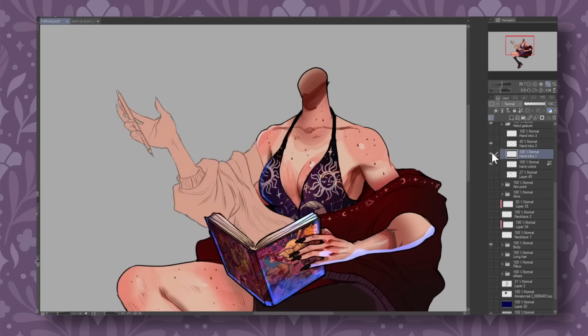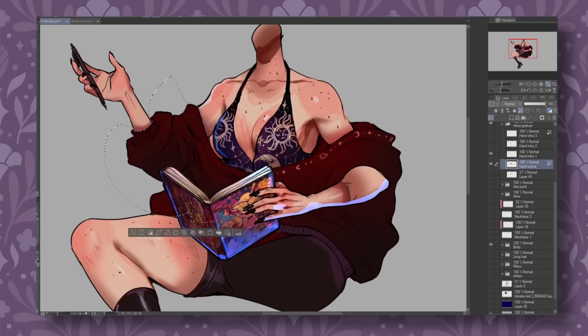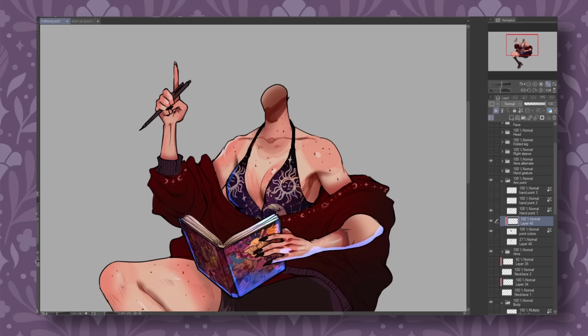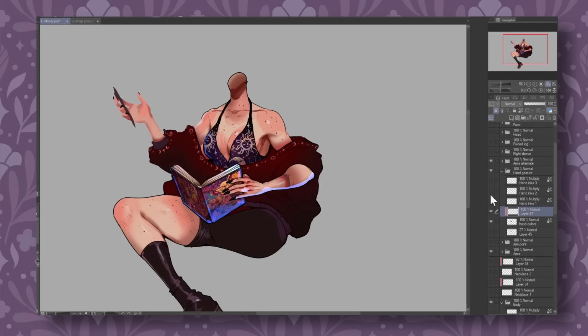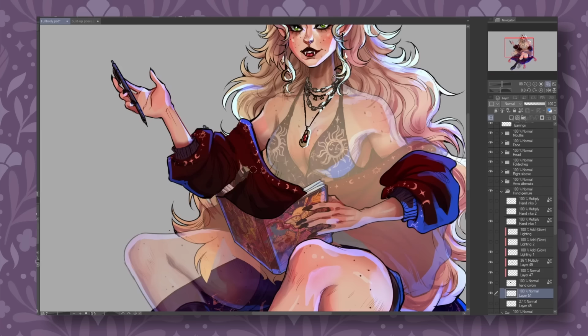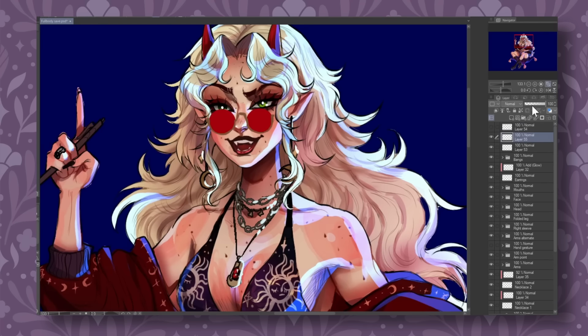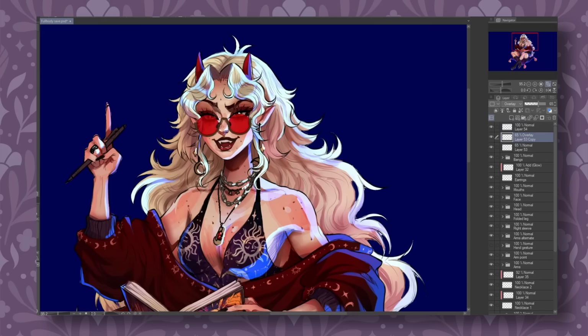I did one variation where she's holding her hand out with the pen still in it, and one with her pointing while grasping the pen, and I feel like these three modes together give some pretty good gesture variation, but I could always go back in and draw a few more in the future if I really want to. Near the end, I also completely forgot to add my sunglasses to the model, so I quickly took care of that, and now that the full body model's finally done—